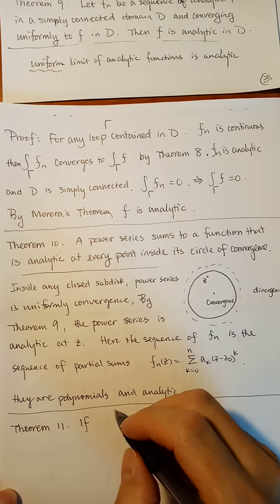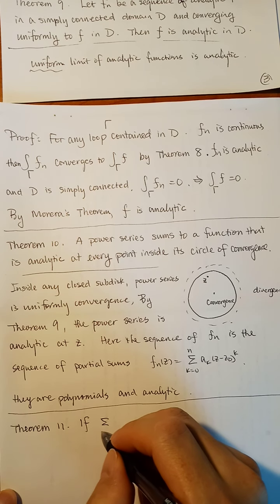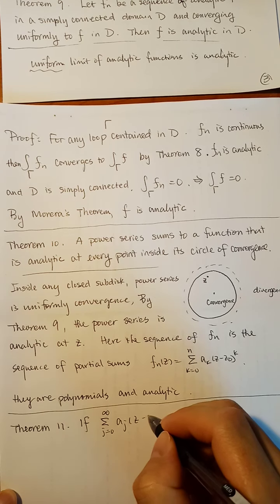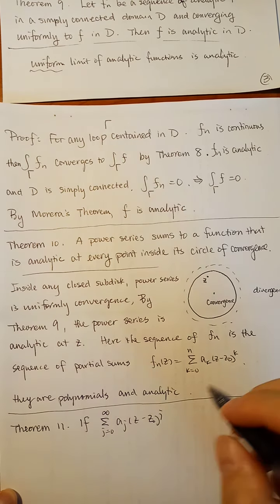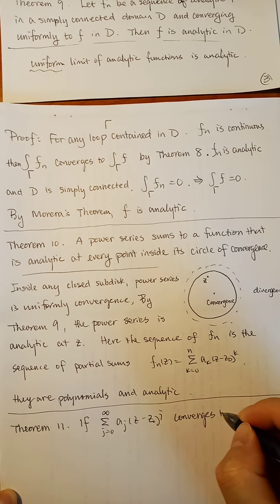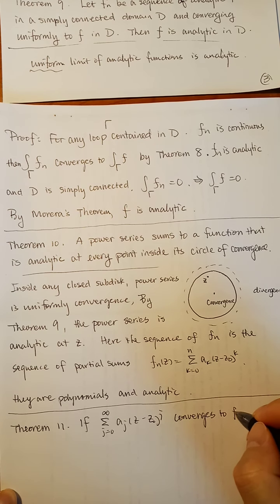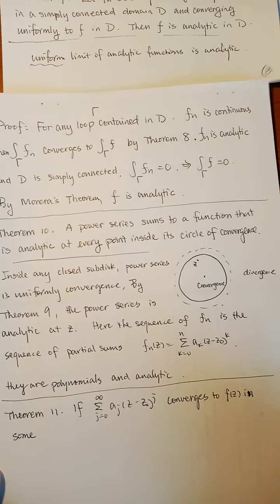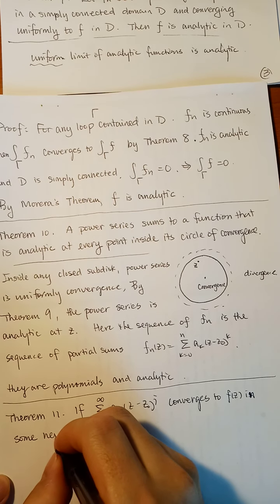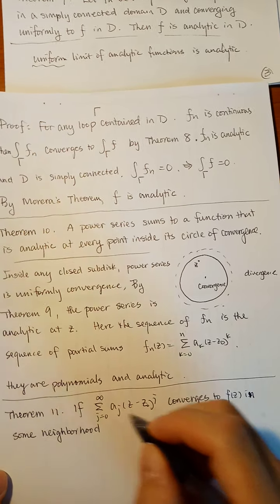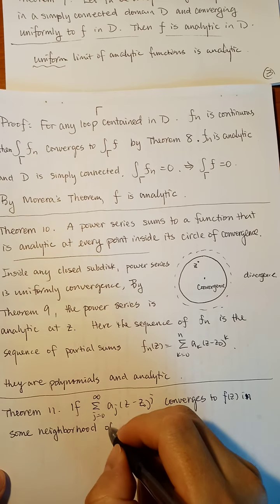Theorem 11: if the sum from j equals 0 to infinity of a_j (z minus z0)^j converges to f(z) in some neighborhood of z0,